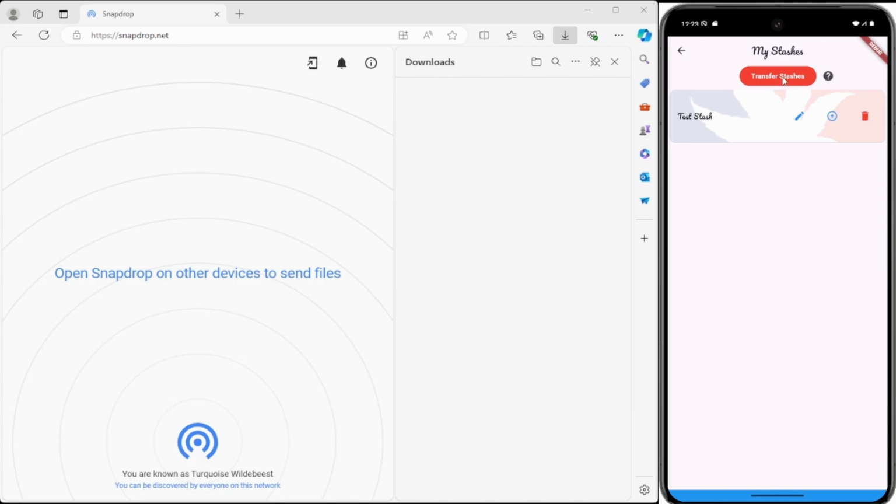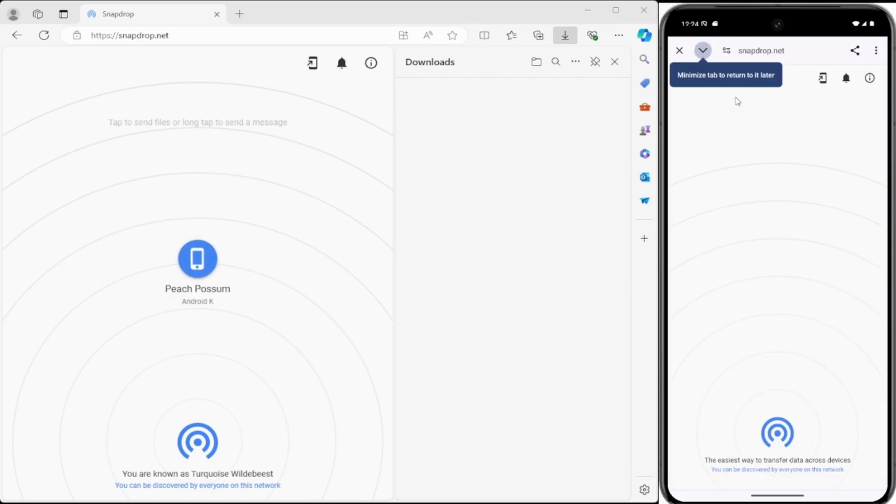Now what this does is essentially it's going to launch Snapdrop on your mobile device, so then we can see the computer which Tabletop Simulator is installed on the network and transfer the files. Okay, so we'll hit Transfer Stashes, and here we can see my PC, which has Tabletop Simulator. So we're gonna click